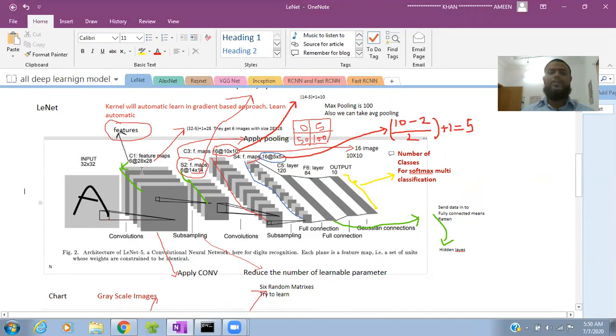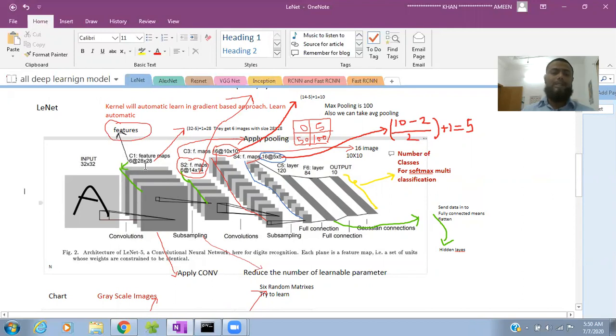This is a feature map. They extract the features from the input image. The kernel will automatically learn in a gradient-based approach, and learning automatically means they extract the features from here.